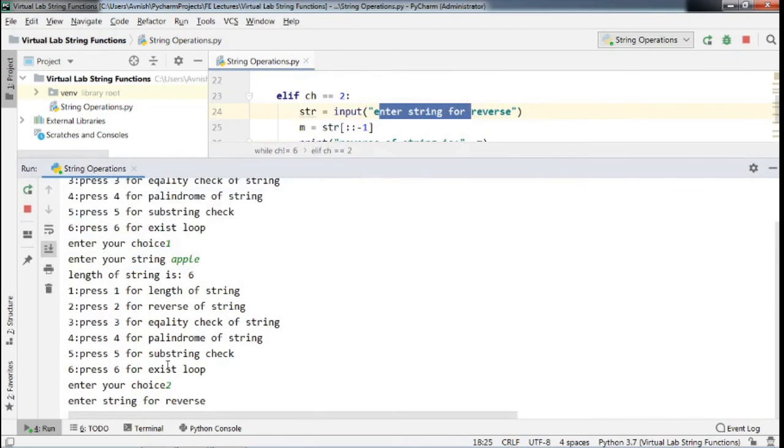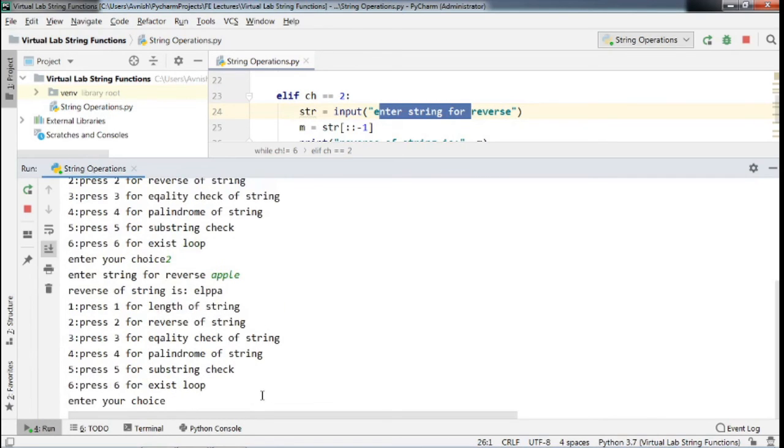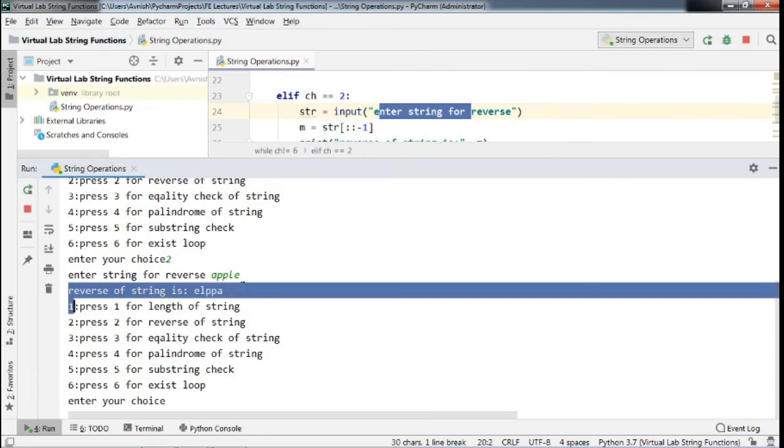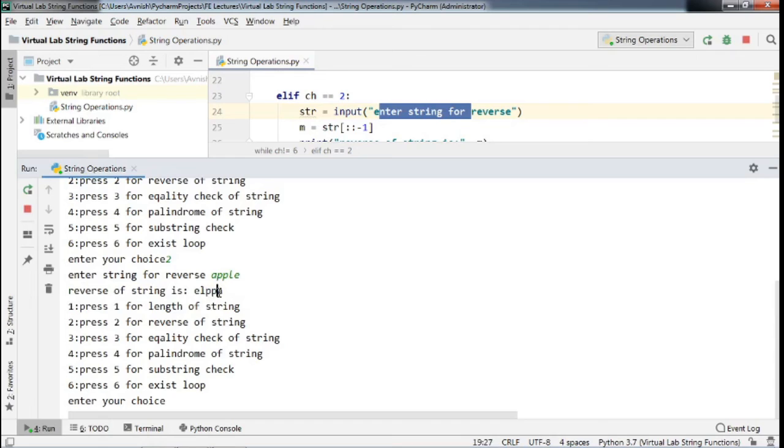I provide one string, apple, that I want to reverse. See here, the reverse of that string is ELPPA. It makes the reverse of apple and displays it here.